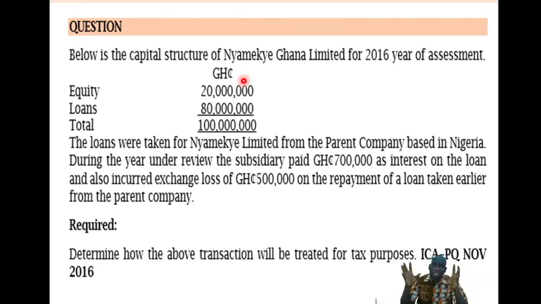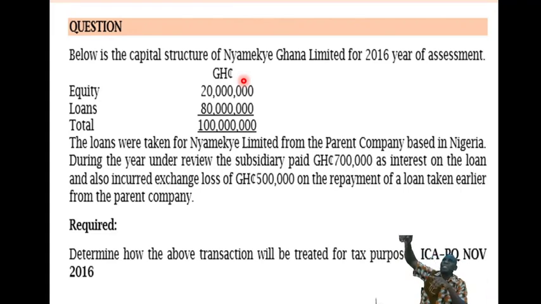So the moment you are able to establish this, then I should be thinking of the thin capitalization rule. That is the debt to the equity structure of the company in terms of these two persons. It doesn't mean that Nyamiche cannot go and take loans and equity from elsewhere. No, they can also take loans and equity from elsewhere. But when it comes to the one that relates to the exempt person and the exempt controlled resident entity, this is the principle you must use.